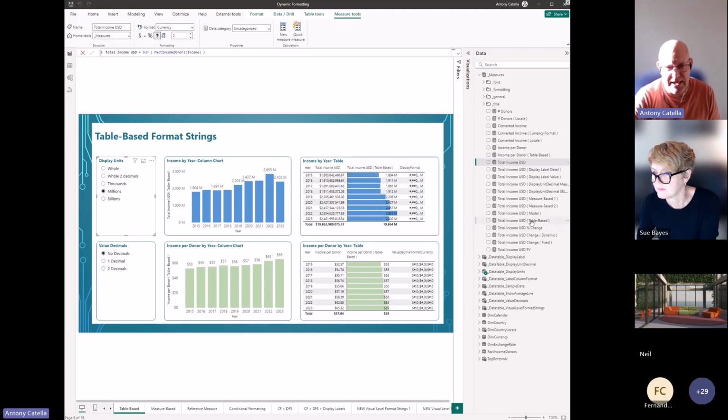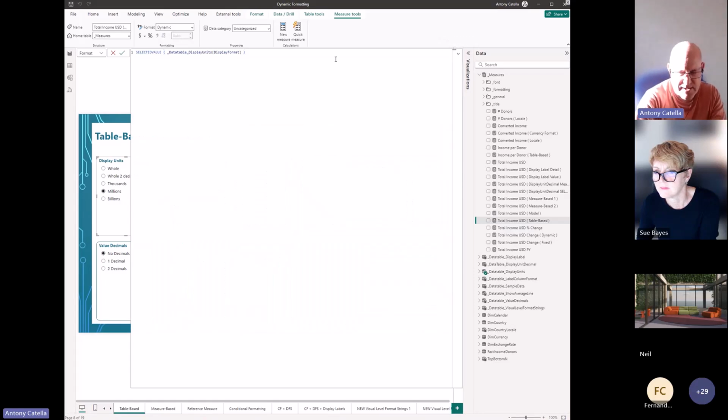Now, if we go look at the table-based measure, it is referencing the original total income USD measure, but I've changed the formatting to dynamic here. And what the format string does here, it's looking at the selected value for the